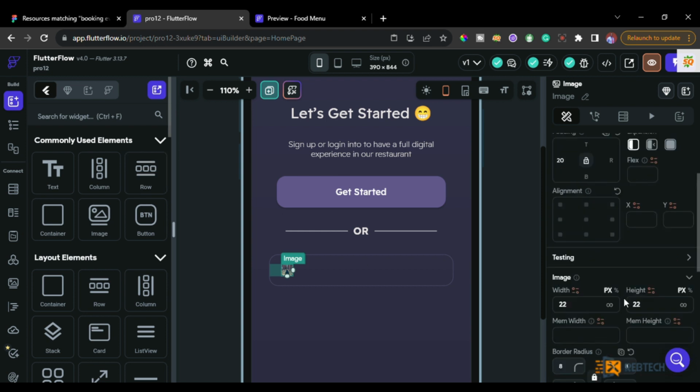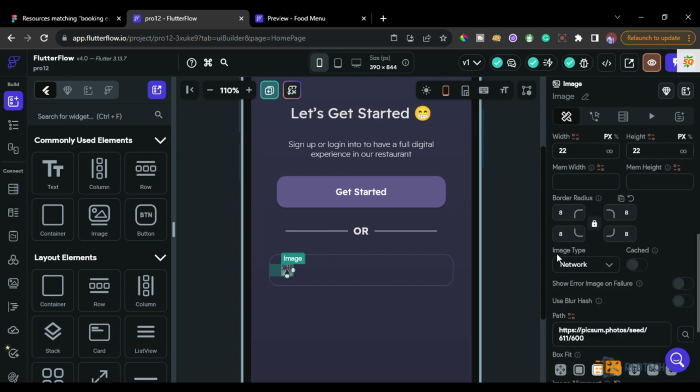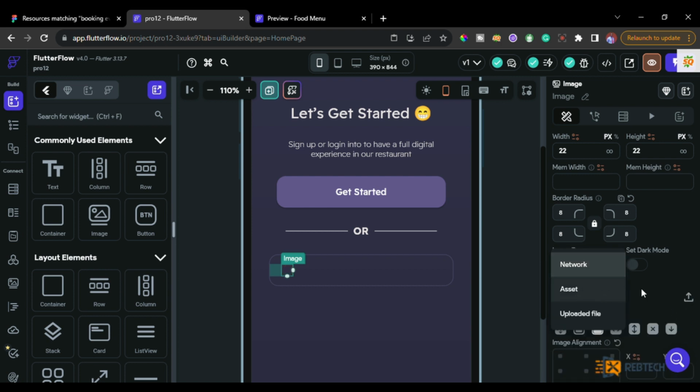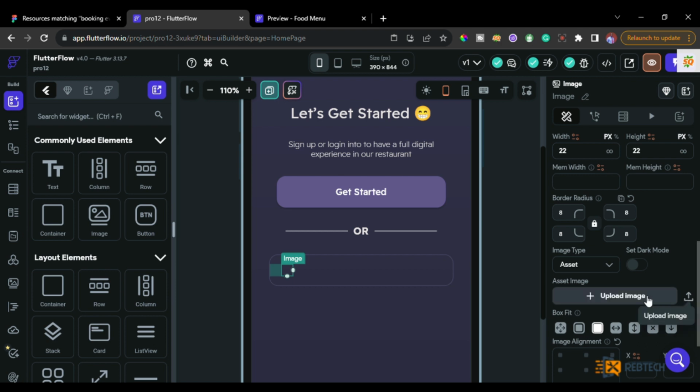Now the next thing is that we will be fixing the picture. So let's come here. And the image type is network. Let's select assets. Now let's click upload image. Okay, see here. Let's upload that one. So while it's still uploading, let's go for our text